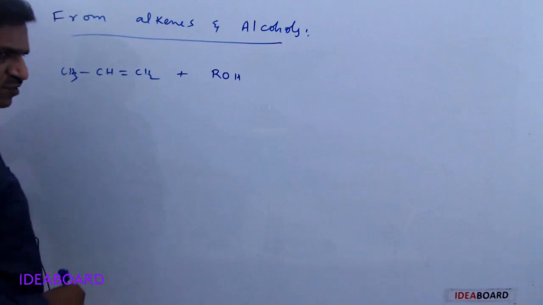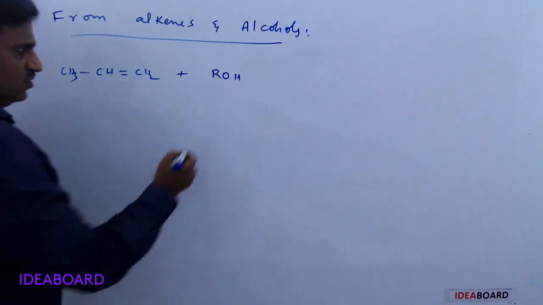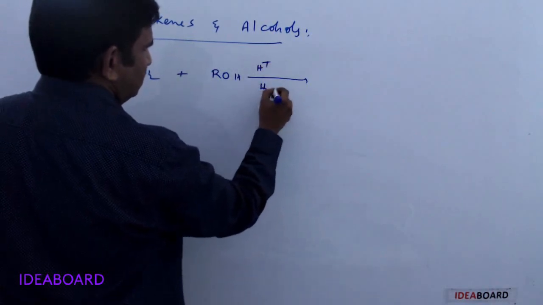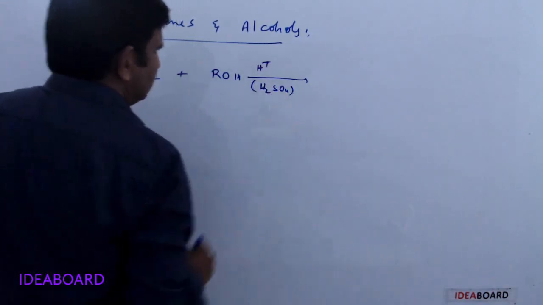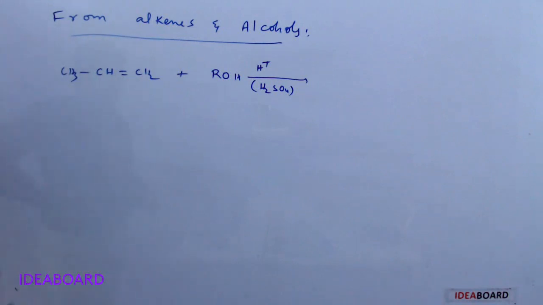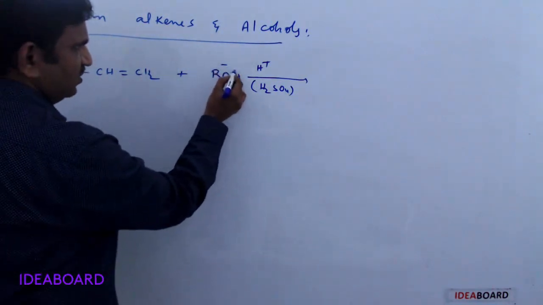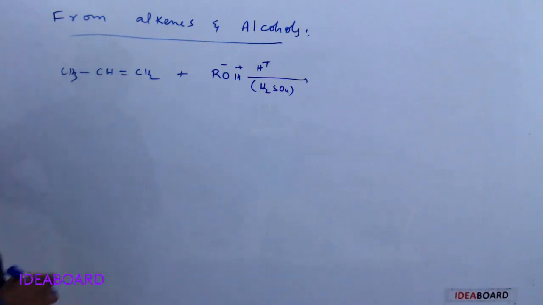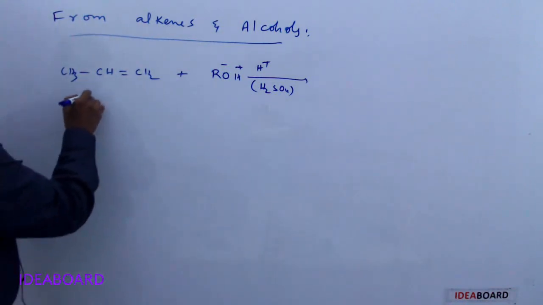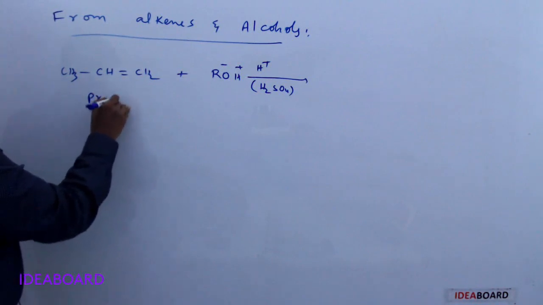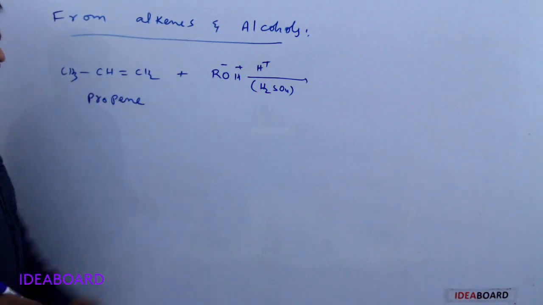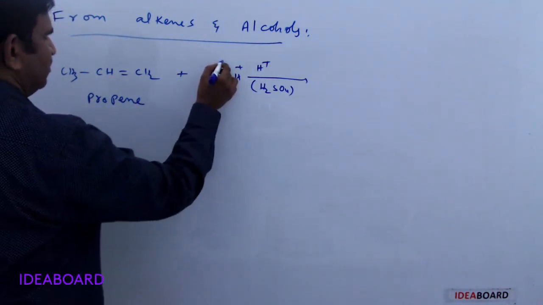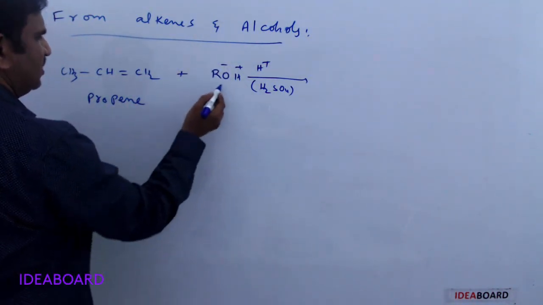This is a CH3 group, a methyl group. Then the alcohol reacts in the presence of an acid, H plus or H2SO4. Then RO minus and H plus are present, and this is an unsymmetrical alkene, which is called propene. To the propene, we are adding the alcohol, and here the RO minus, the negative part, is added to